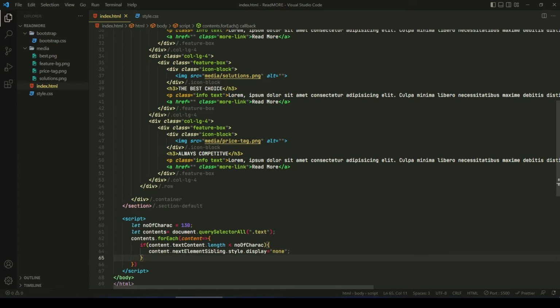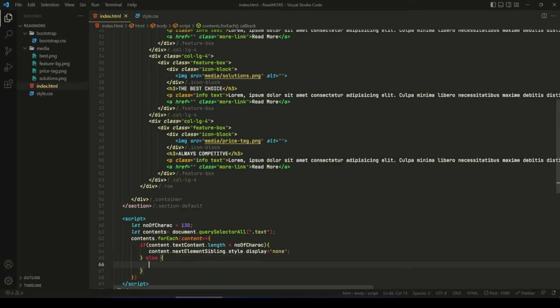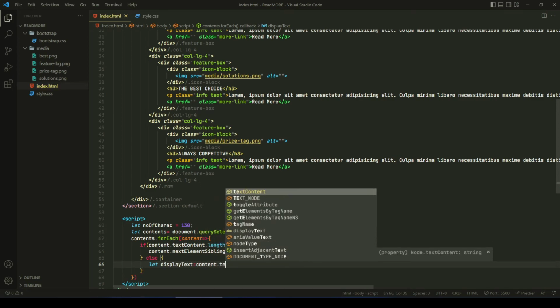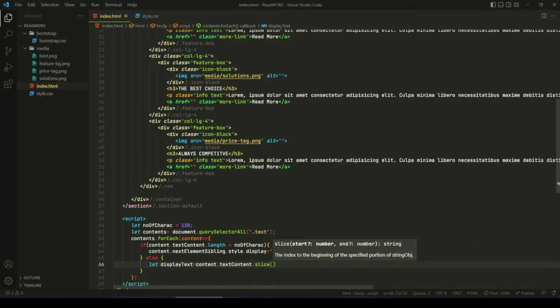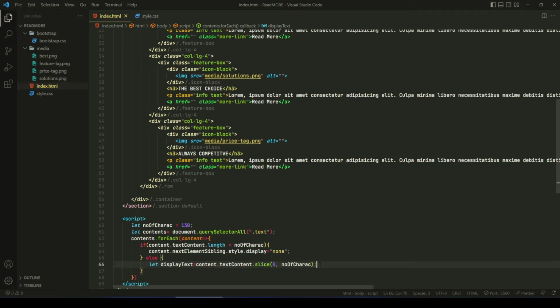and after this parenthesis ending, we're writing here else, again parenthesis, in parenthesis here we will write let display text, key will be in capital word, and here in equals we will write content dot text capital C, content dot slice, here in first bracket we will write 0, then number of character variable, and then after that put semicolon,